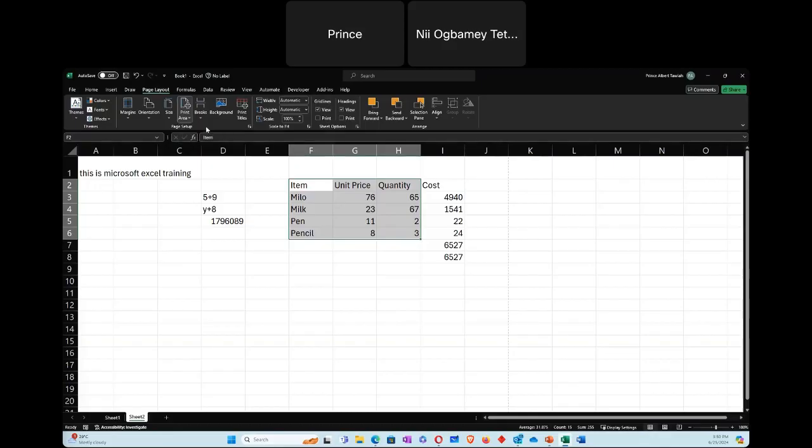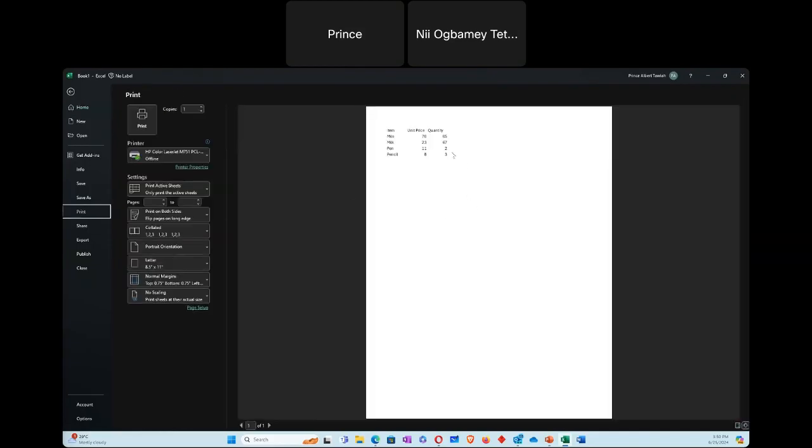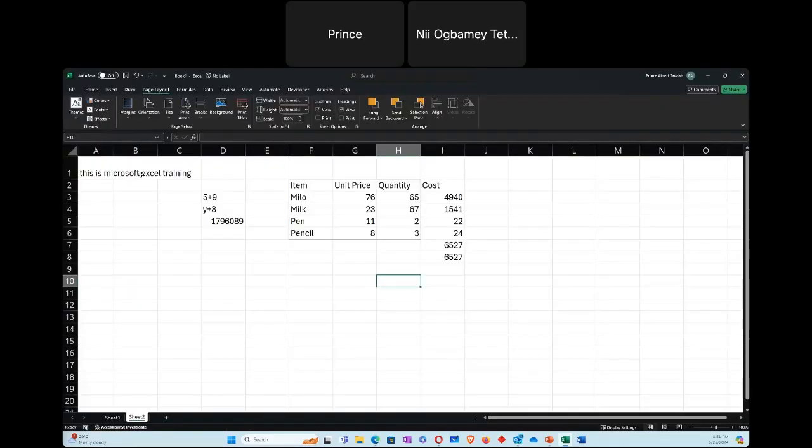So once I click on this, now if I go to File and I say Print, that is the only part that I'll see. All the other parts of this Excel, all those ones, if you go to the main sheet now, you see there are other things and none of them will show up for printing. I don't know whether that answers the question on the prints. Now another question: please go over the function again.